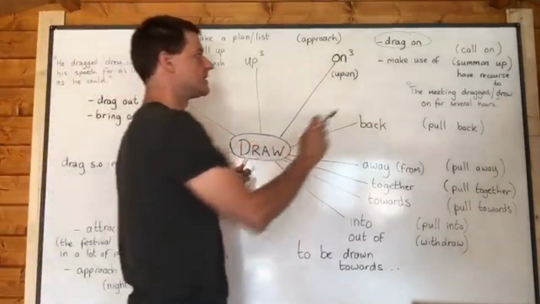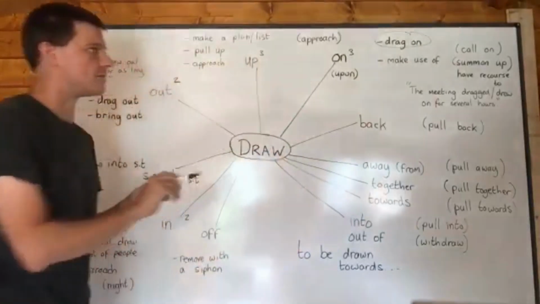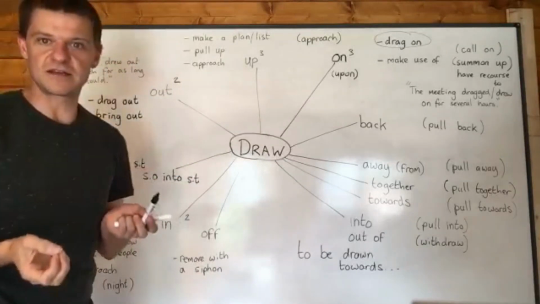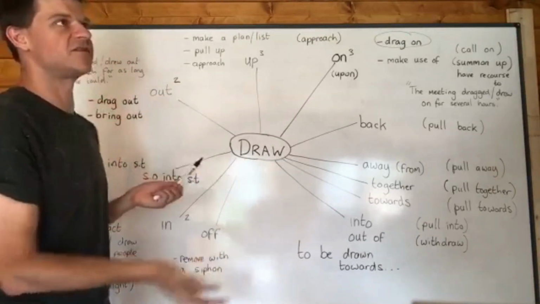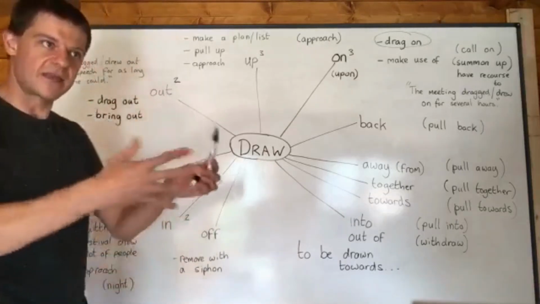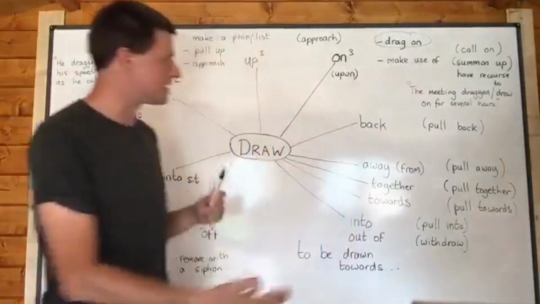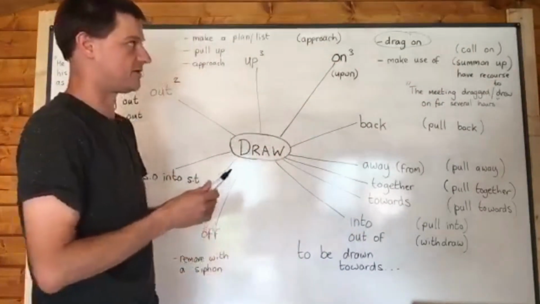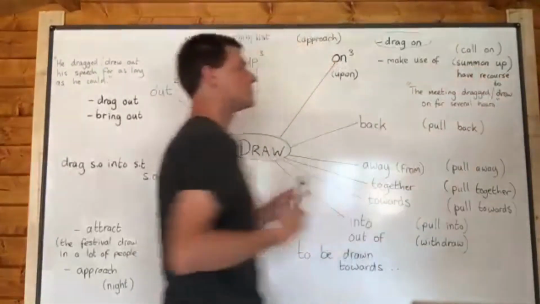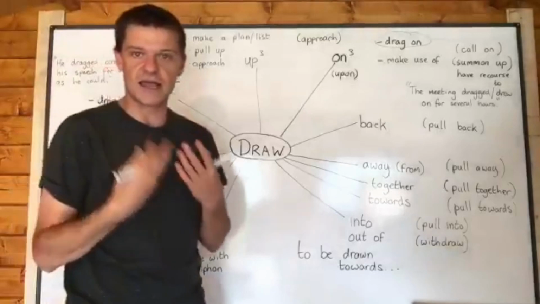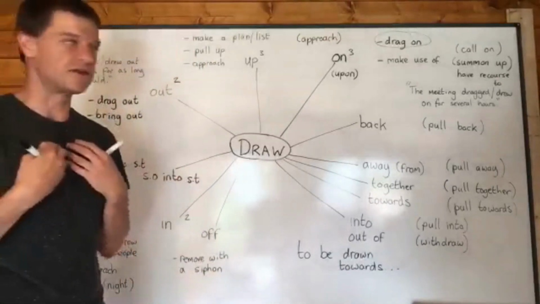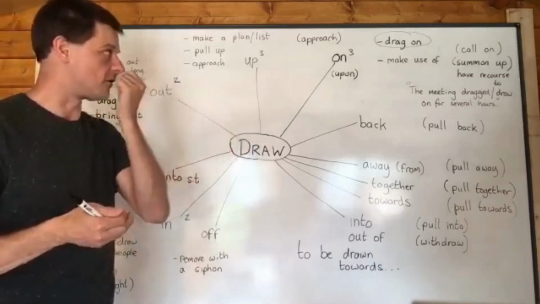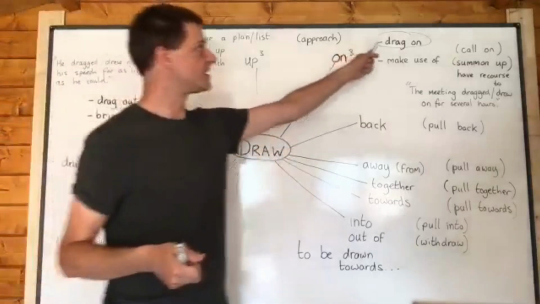Second meaning would be to make use of, and this is very common. You could say something like, drawing on his experience with metals, he wrote an essay on metallurgy. That would mean making use of his experience with metals, or summoning up that experience, having recourse to that experience. Quite similar to call on here, which is when you make use of some kind of inner energy or some inner skill, some kind of skill you have, you call on that skill or that talent to make use of it, and you could draw on that skill or talent as well. So that's at least two meanings.